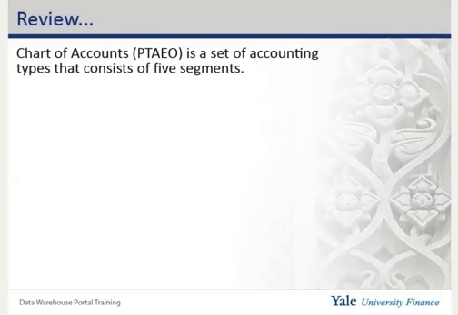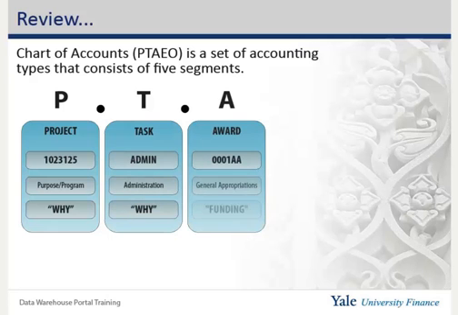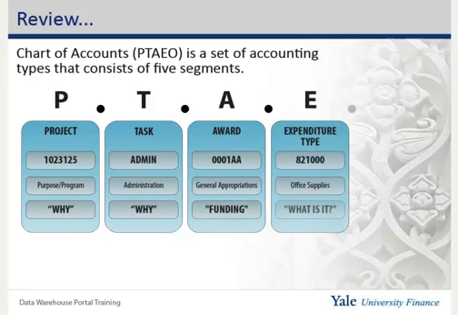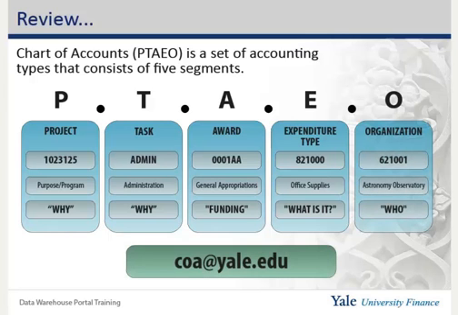The Chart of Accounts, or PTEO, is a type of expense code that the university uses to track its expenses that consists of 5 segments: P for project, T for task, A for award, E for expenditure type, and O for organization. For any questions on chart of account segments or PTEO, please email